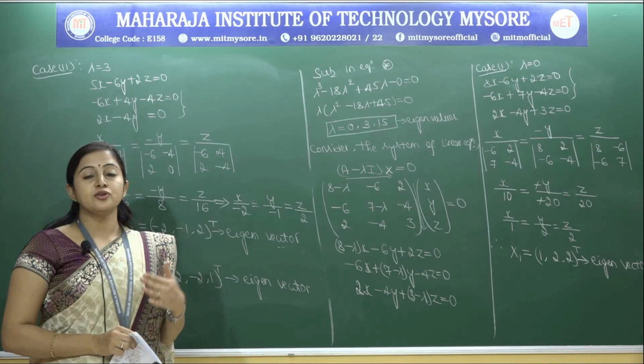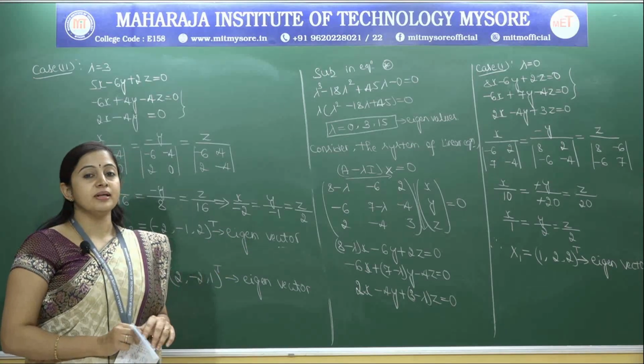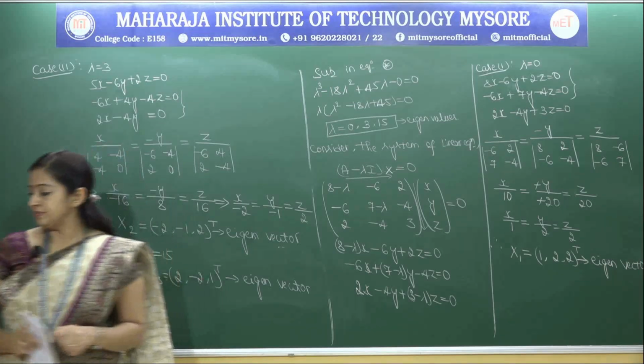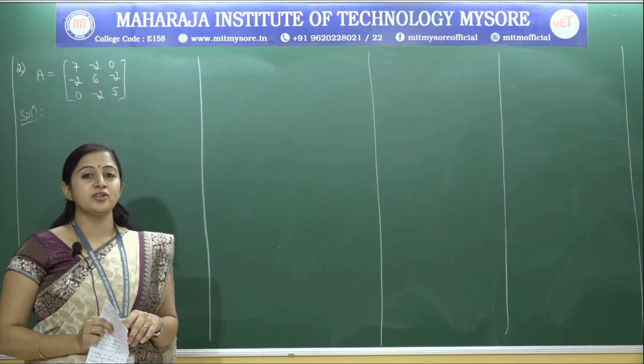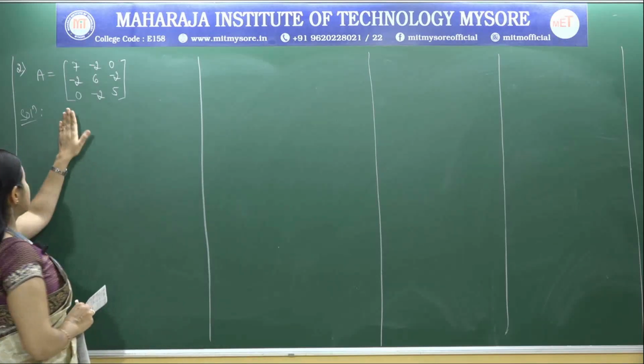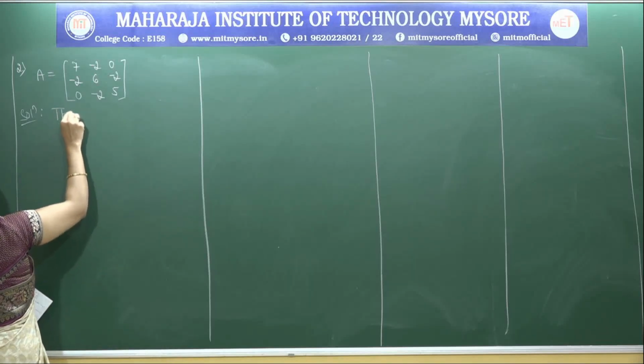So these are the methods to find the eigenvalues and the eigenvector to the corresponding given matrix. So next problem, the second matrix. You have to find the eigenvalue and the eigenvector to the corresponding matrix. So the first one, first you write the characteristic equation. The characteristic equation is